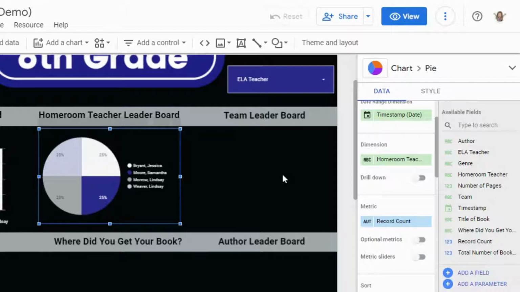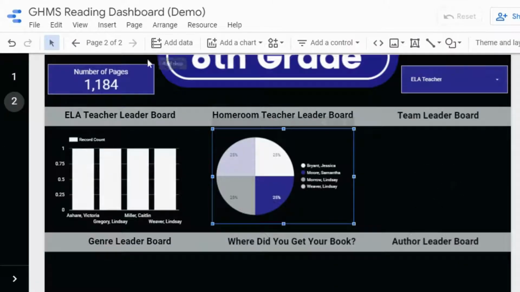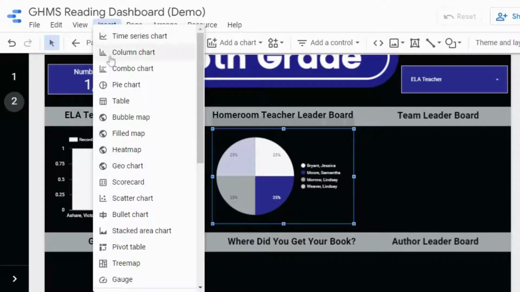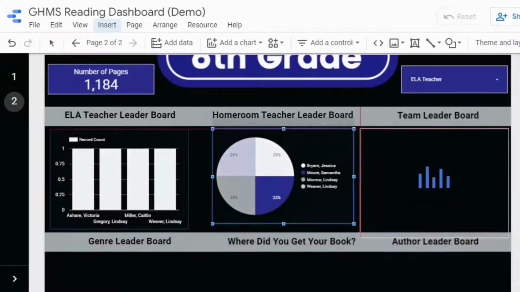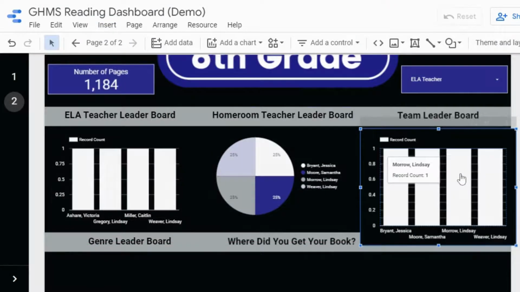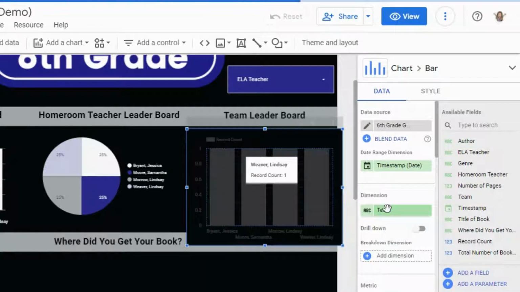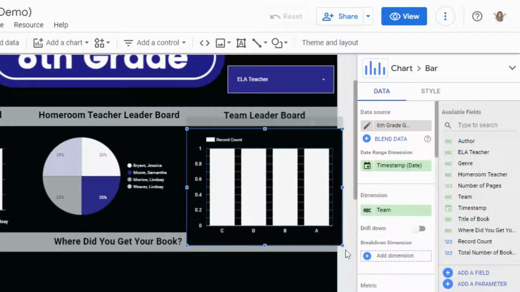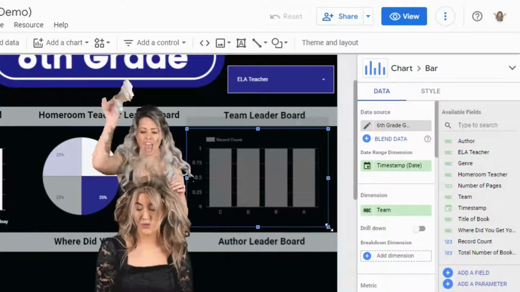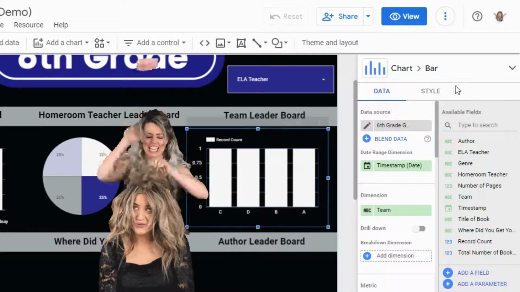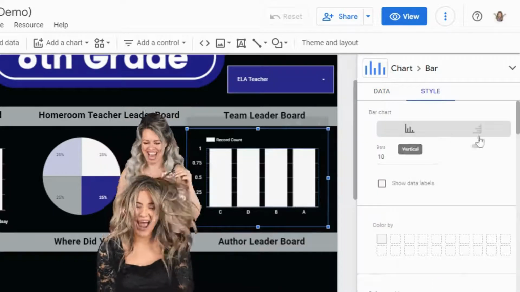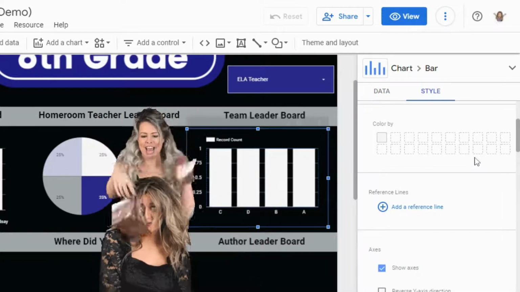And then the last chart I'd like to add is my team leaderboard. So from Insert, let's go back to a column chart over here. And from my team leaderboard, I will check my data source, which is correct. And my dimension this time, I need it to be the team. So I'm going to change my dimension here to team. And I have my record count. Now, like all other objects in Data Studio, you can then go to Style to customize how you would like